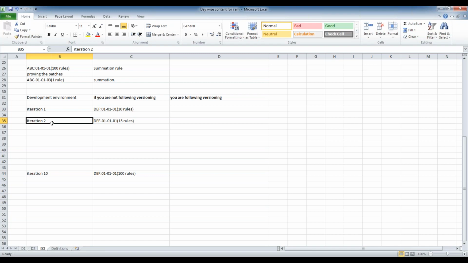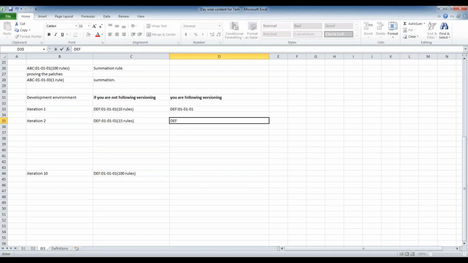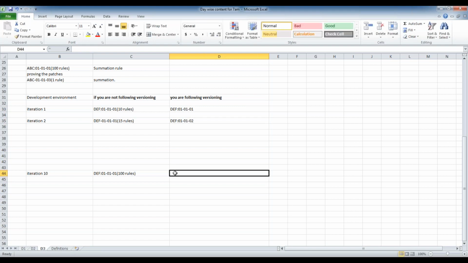To avoid these scenarios, let's take the same scenario where you are following versioning. In iteration 1, I am using 01, 01, 01. In iteration 2, I am following versioning, so I am using 01, 01, 02. By iteration 10, it is 01, 01, 10.